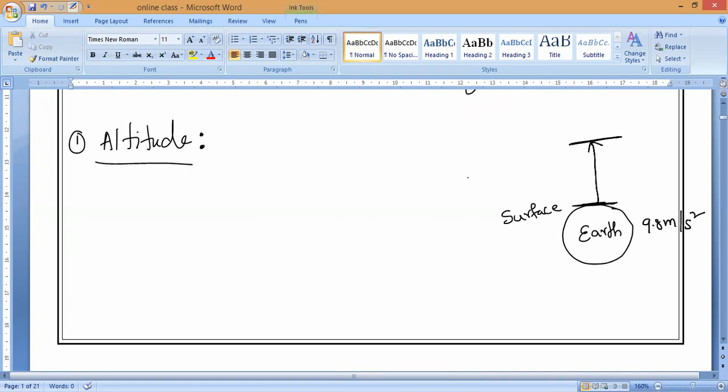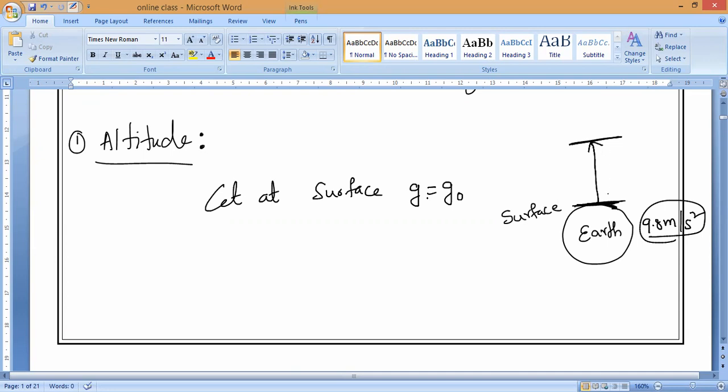Altitude. Now, you tell me, definitely on the surface we know that value. That value already we know, but we don't consider it. Can I consider that at the surface, what is it, R? At the surface, g is equal to g naught. Can I consider that or not? Yes or no, guys?